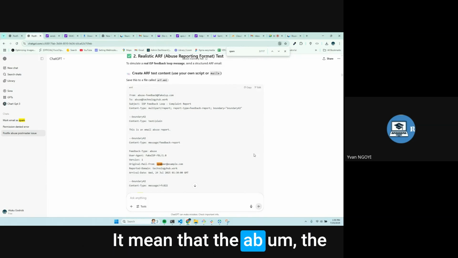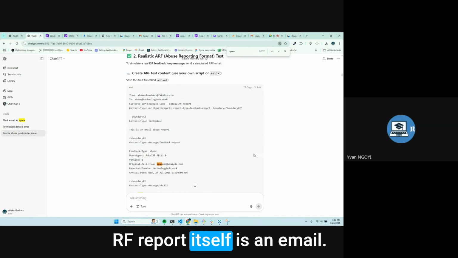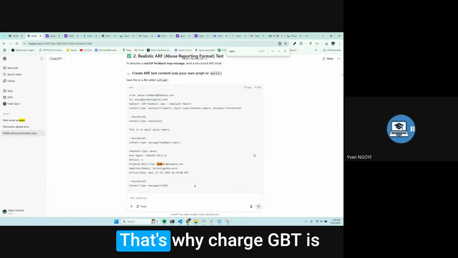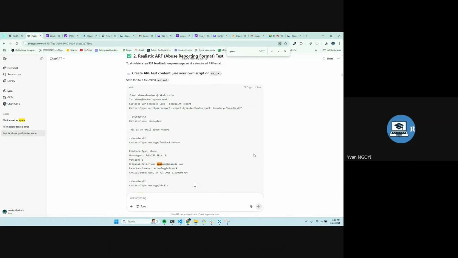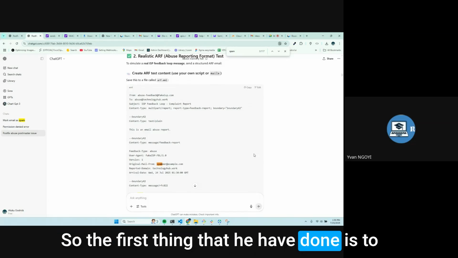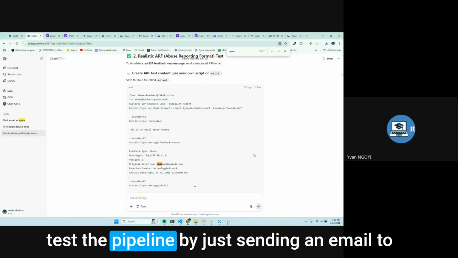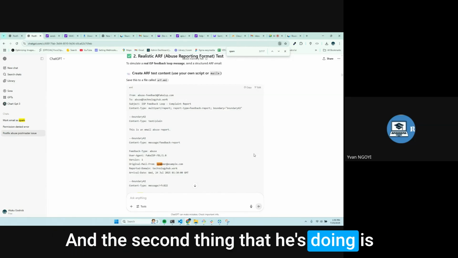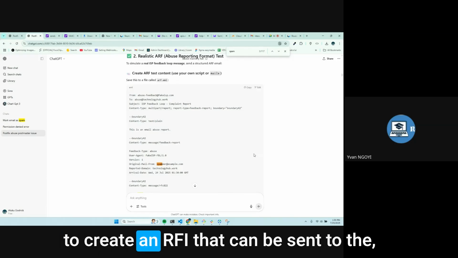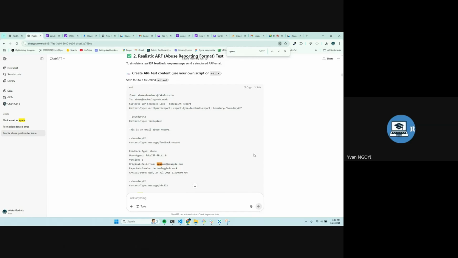It means that the report itself is an email. That's why ChatGPT is putting here simulate an RFI. So the first thing he has done is to test the pipeline by just sending an email to abuse@technology.org. And the second thing he is doing is to create an RFI that can be sent to